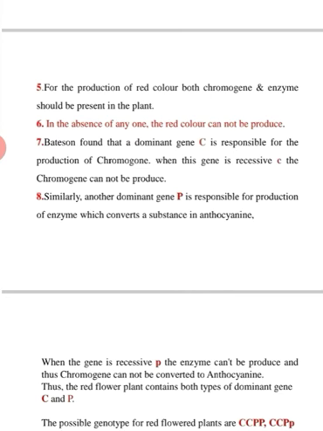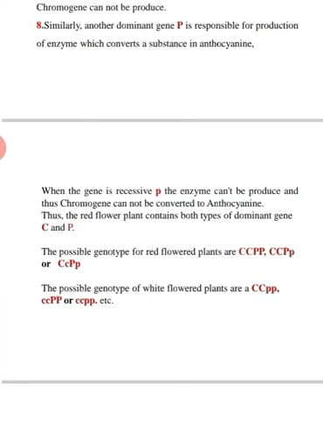Bateson found that a dominant gene, capital C, is responsible for the production of the chromogene. When this gene is recessive, that means small c, the chromogene cannot be produced. Similarly, another dominant gene, capital P, is responsible for the production of the enzyme which converts the substance into anthocyanin. When the gene is recessive, that means small p, the enzyme cannot be produced and thus chromogene cannot be converted